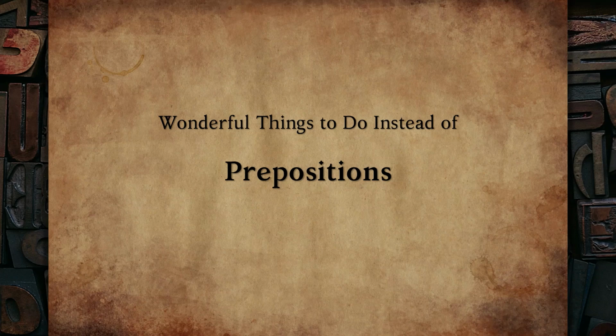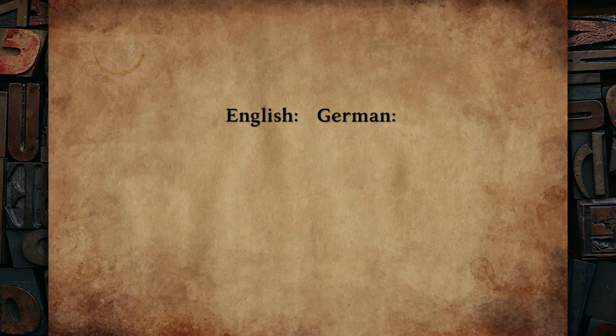Many languages use what is called prepositions. In English, we have around 150 of them, for example, in, by, with, but also more complex ones like according to, because of, or in spite of. In German, we have an interesting feature where we translate the two prepositions in, as in the house, and into,